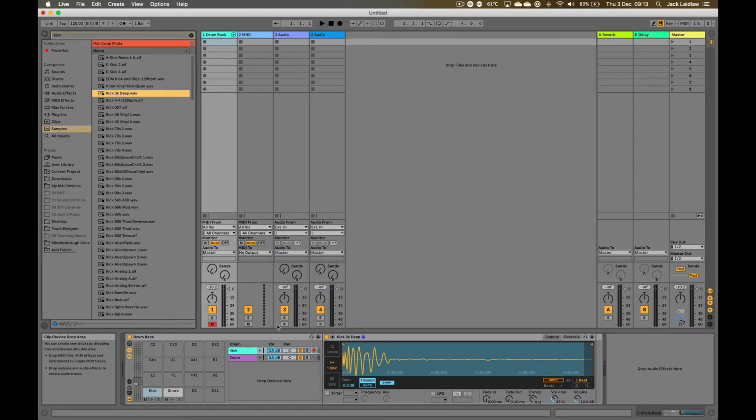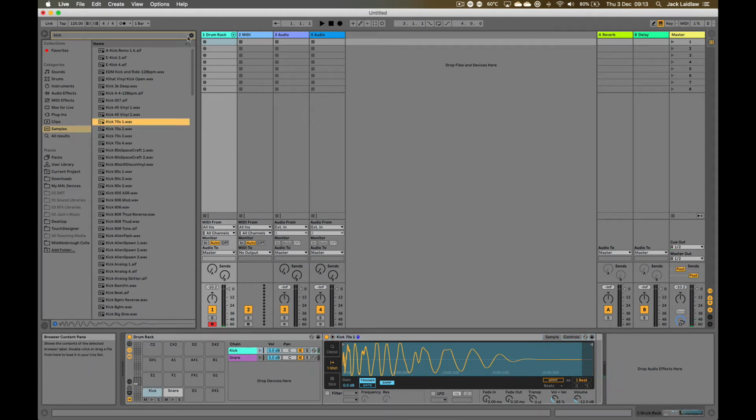So hot swap is where you can select another sound. So for example that one, hit enter, and it'll automatically swap the sample in, like so. And then we can press close up here to come out of hot swap mode. Alright,